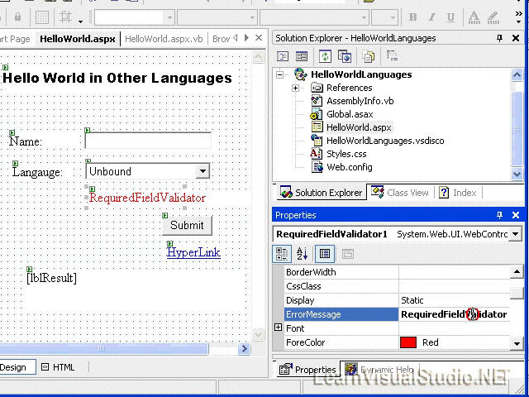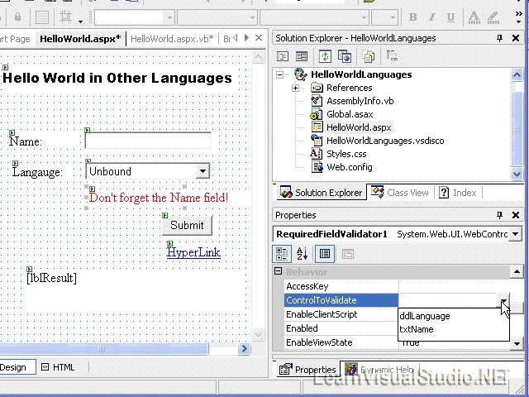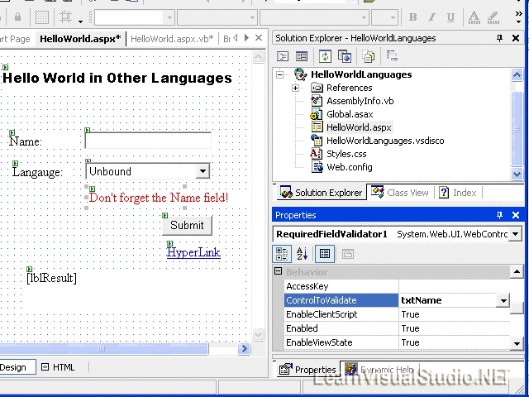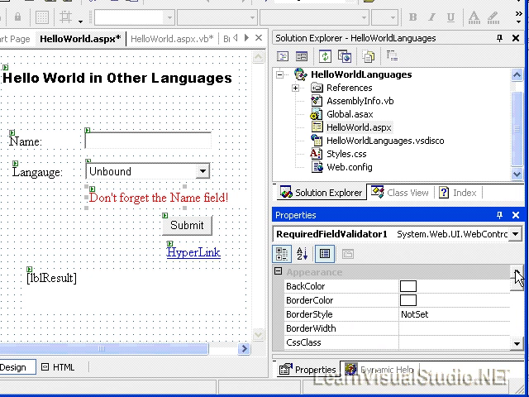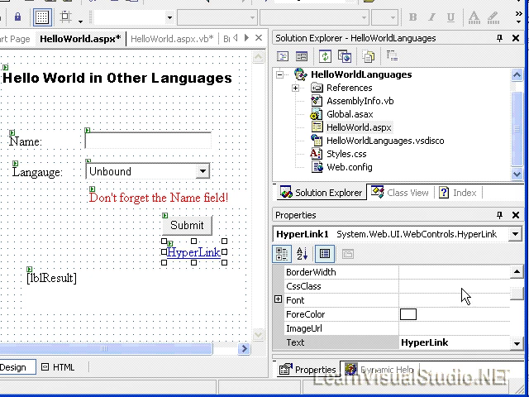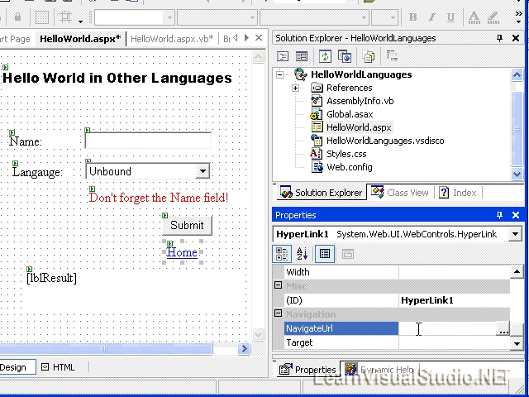So let's do this. We're going to change the error message to say, don't forget the name field, and we're going to select in the control to validate. It'll show us a list of all the controls that it can validate, and we'll select the name control. So that should be all we need to do there, although there are a ton of other properties that we can associate with it. Then I want to set the hyperlink, and what we'll do there is set the text to home, and then at the very bottom we'll select the navigate